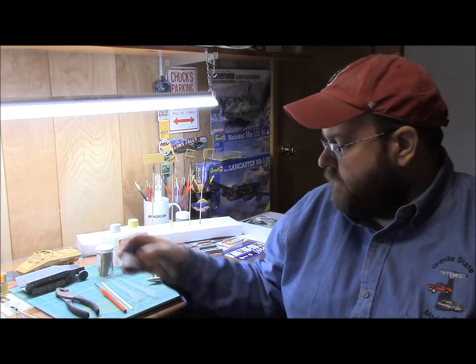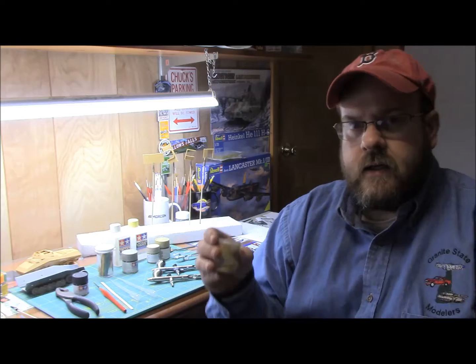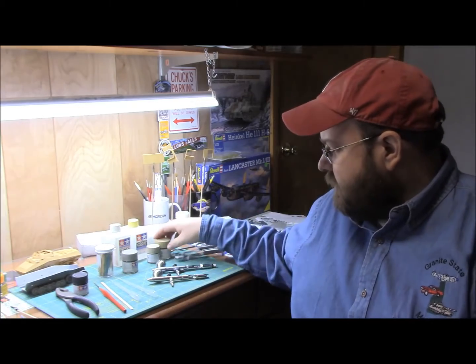Of note would be Andy's Hobbies, where he did an episode on olive drab painting, and they took Tamiya paints and mixed them to make a nice olive drab tone, which I would like to try out sometime. One of my favorites right now, which I learned from a fine gentleman, is mixing my German dark yellow color. Forgive me, I don't know the German term. It's a dunkel something. He takes Tamiya's dark yellow, which I believe is